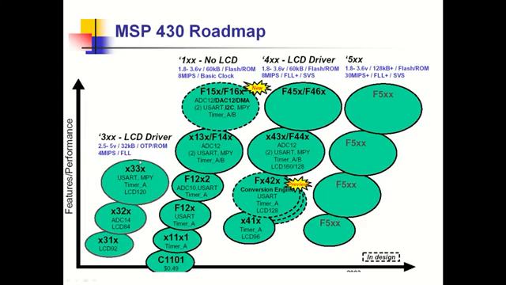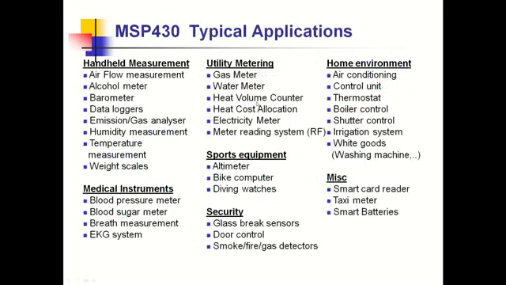So you can see the roadmap of MSP. They are available in the 4 series, which has an LCD driver inbuilt. The 1X is a base model where there is no inbuilt LCD driver, but however it is rich in peripherals. And then the 5 series goes up to 30 million instructions per second and a huge amount of flash and RAM space. So based on your application, one can choose the corresponding MSP430 series controller.